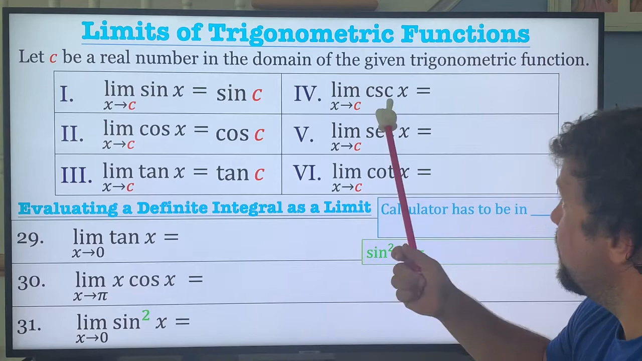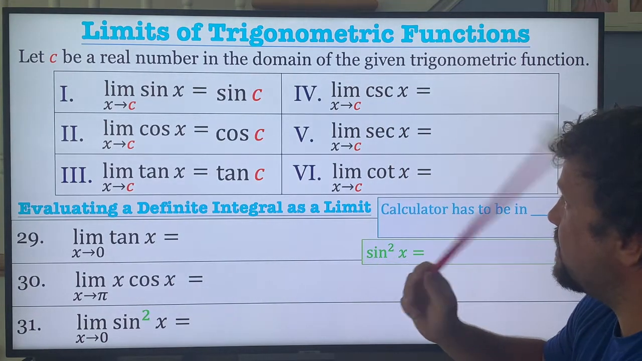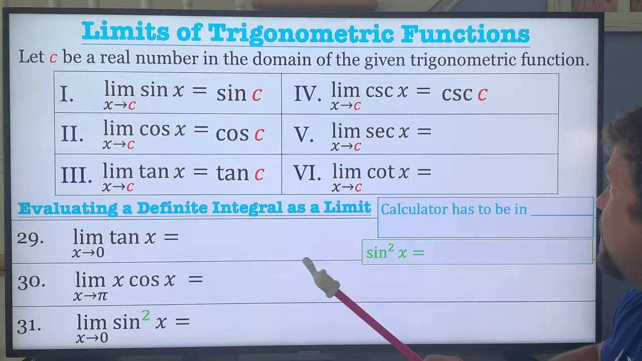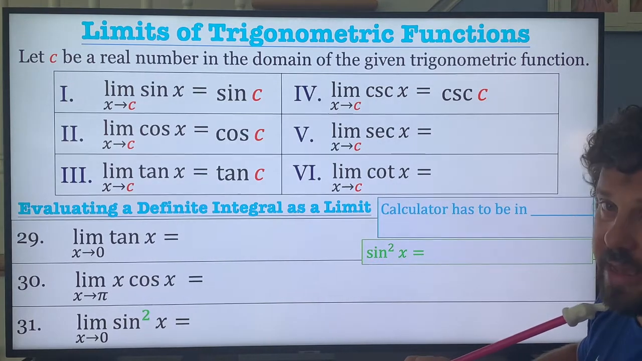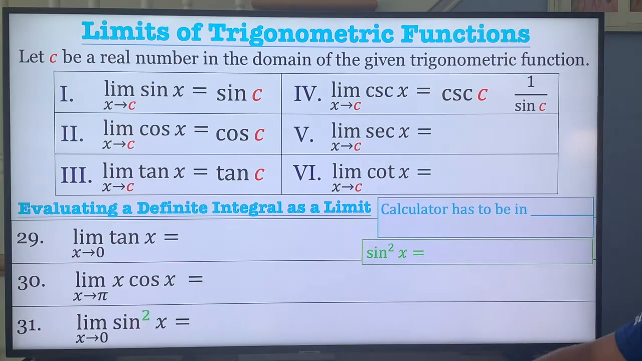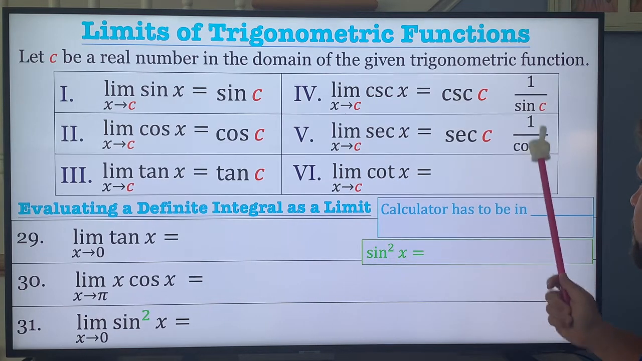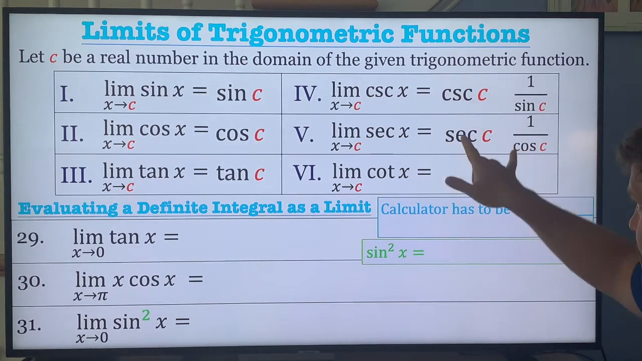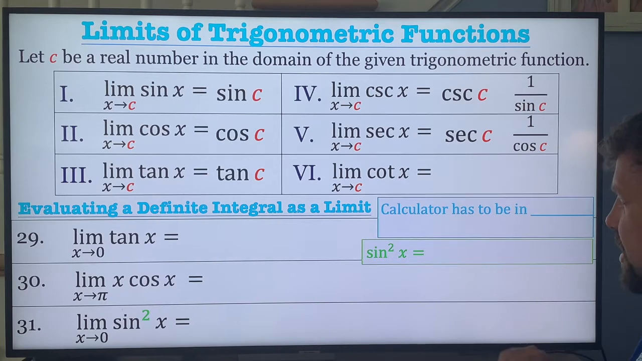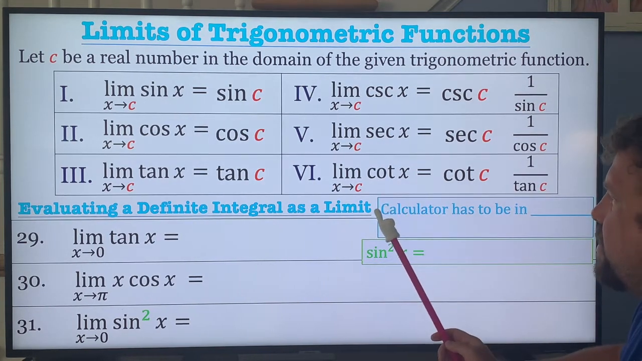See the pattern? Limit of cosecant x as x approaches c, cosecant c. Limit of secant x as x approaches c, secant c, which is also 1 over sine c is cosecant. Secant, remember, is 1 over cosine. Never understand why they didn't match up the letters. I hate that. All right, and right here, cotangent c, which is 1 over tan c. All right, pretty easy. So when you evaluate a definite integral as a limit,